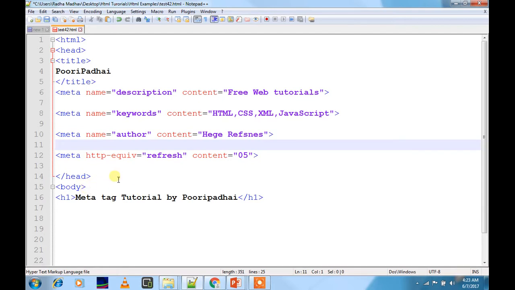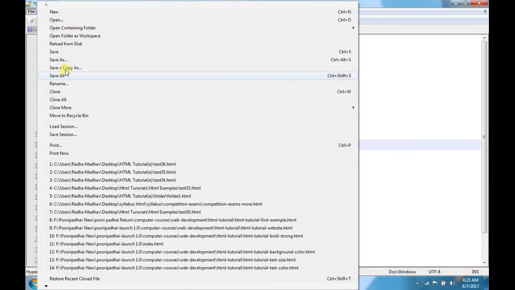Now one more thing I want to tell you, learners: I have not written this part in the body. Can you see it carefully? This is one more important thing: the meta tag is written inside the head section, not in the title section. In the head section the meta tag is written. This is a very important aspect. Okay, now we will save this file and then see how things happen.